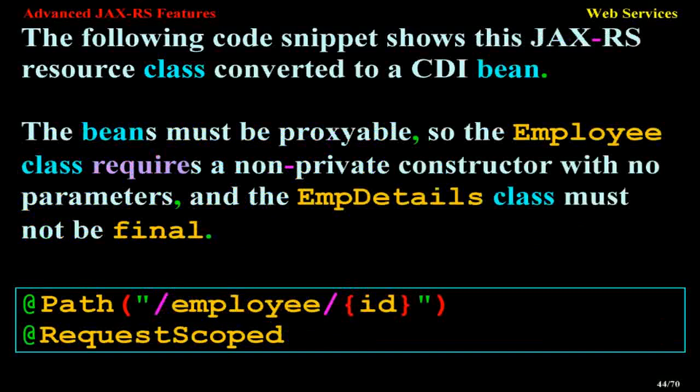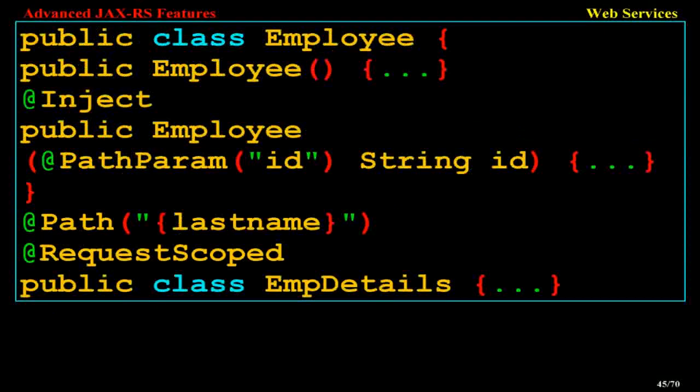@Path("{employee-id}") @RequestScoped public class Employee { public Employee() {...} @Inject public Employee(@PathParam("id") String id) {...} } @Path("{last-name}") @RequestScoped public class EmpDetails {...}